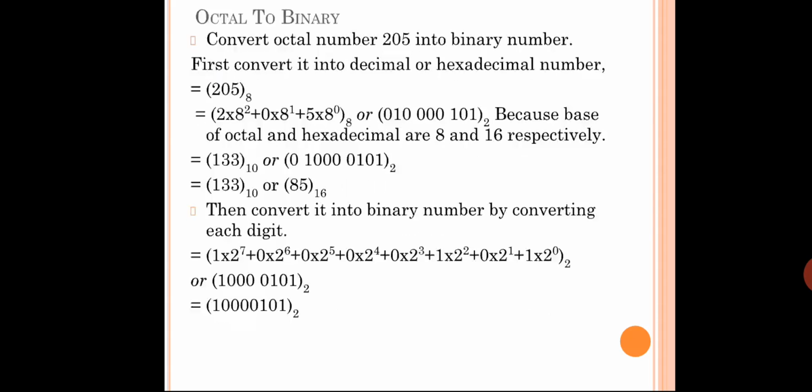Once you have done that, how much are you going to get? 5 into 1 is nothing but 5, and 8 into 0, anything is 0. 8 to the power 2 is 64. 64 into 2 is 128. So 128 plus how much? 128 plus 5 is nothing but 133, isn't it? So the same value they have gone for here. Can you see?